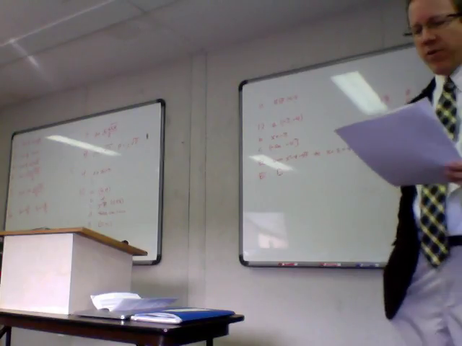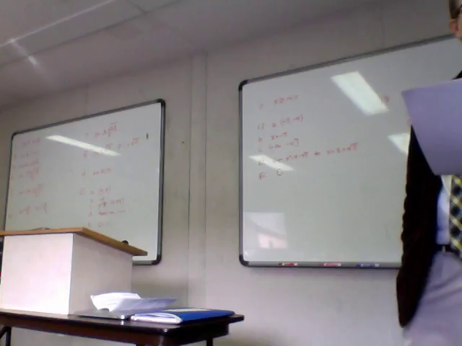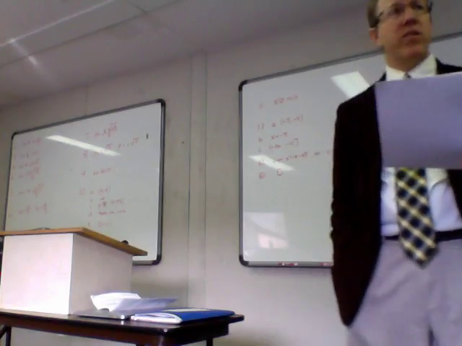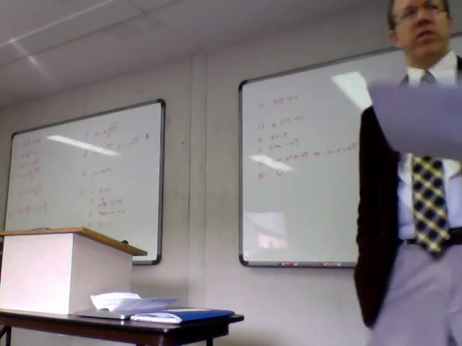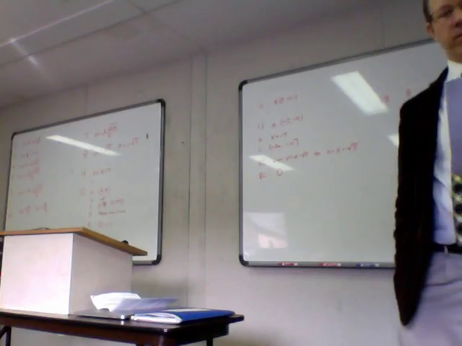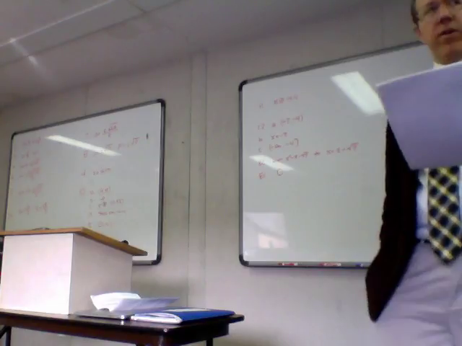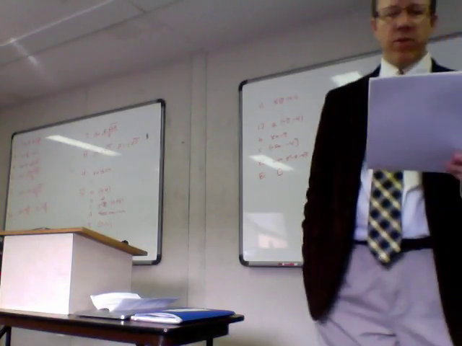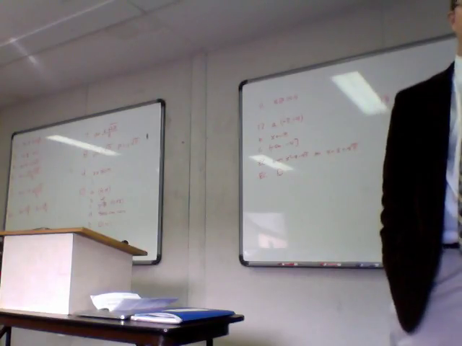All right, Miss Lindsay, number 3, what method did you use? I did completing the square. Okay, so we did half of 6 is 3, squared is 9, so you added 9 to both sides, and you got x plus 3 quantity squared equals 15 plus 9 is 24. And then what did you do? And then I used the square root property. Very good, and you got x plus 3 equals plus or minus square root of 24. You subtracted 3 from both sides and got minus 3 plus or minus the square root of 24, but then you notice that 24 can be